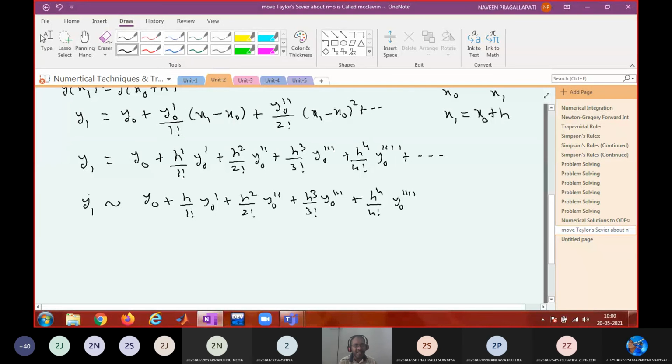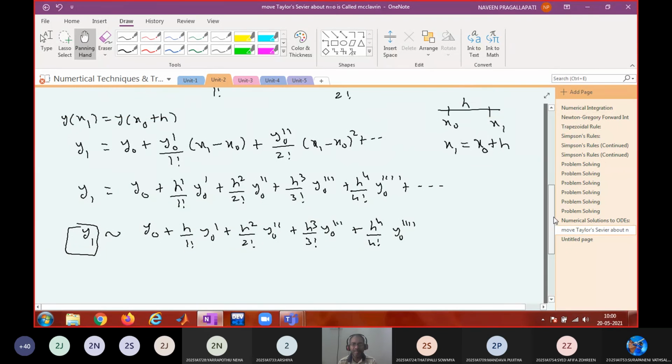And what is numerical method all about? Finding the approximate value only. Is that right? So y naught is given. We will be finding y naught dash, y naught double dash, y naught triple dash, y naught fourth derivative, and substituting them, you will get y1. So y1 is nothing but y of x1. Suppose you want y of x2 also. Then what do you do? You replace y of x0 with y0 in this condition. Now you have the latest value.